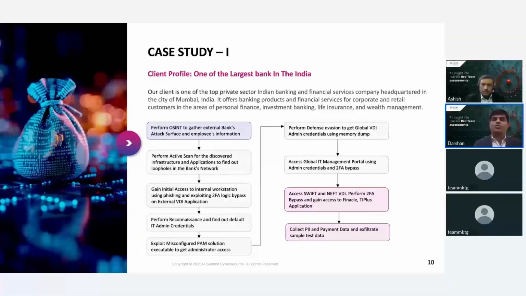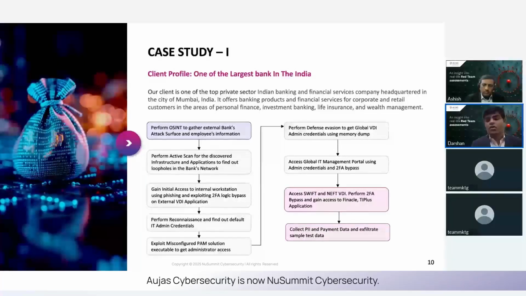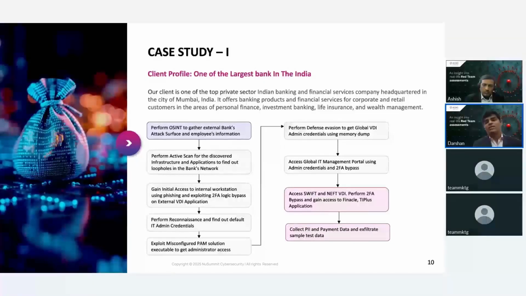We got access to global administrators on Azure. We were able to use SSO to get access to AWS consoles. We were able to use this particular access to get access to their Finacle servers. We bypassed the RADIUS authentications because we were able to register our own tokens, right? So that is how basically the entire life cycle went for this particular